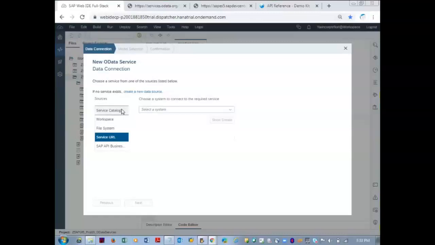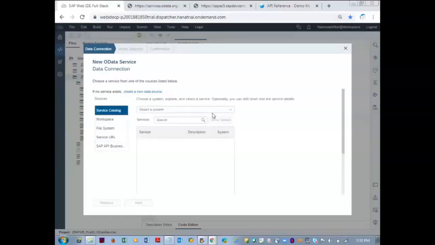Service catalog contains the services which we created in our gateway system, in our ECC. We call that local ECC system the on-premise system. That on-premise system will be configured by the basis team, and the services we generate from our OData in the backend using the NetWeaver Gateway Service Builder tool will reside here in the service catalog.